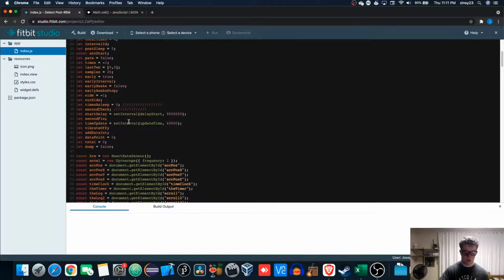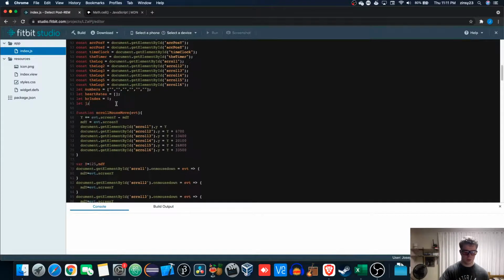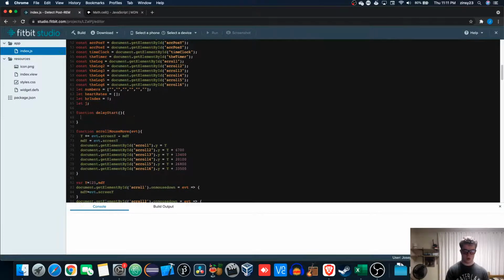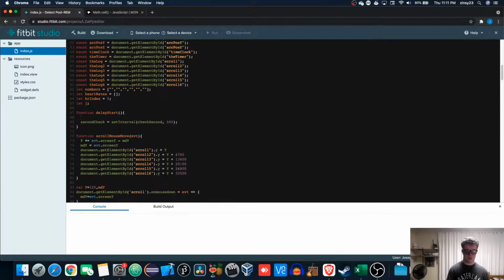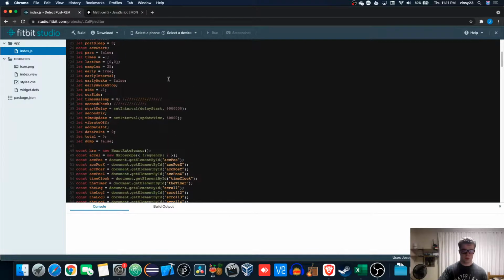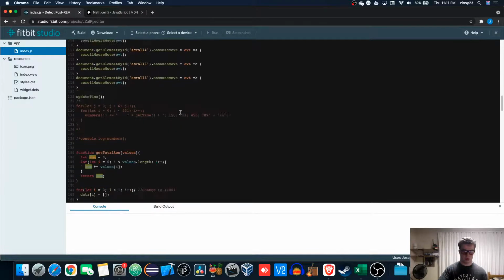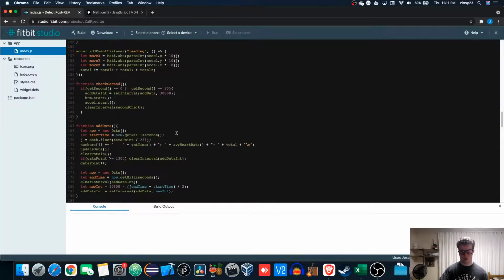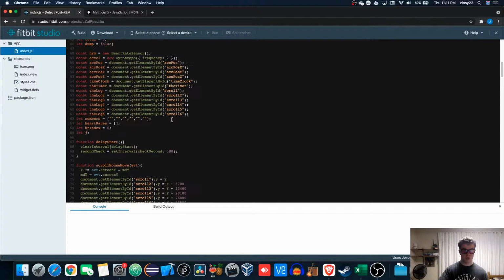Delay start will run that. First we'll clear interval delayStart, and then this will start running. So in theory, it should work 2.5 hours after I open the app. And realistically,